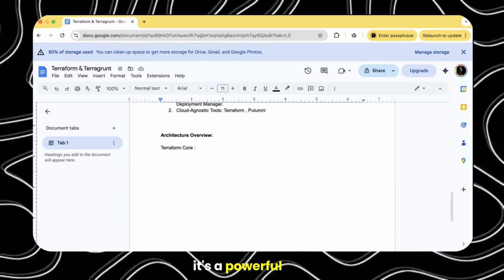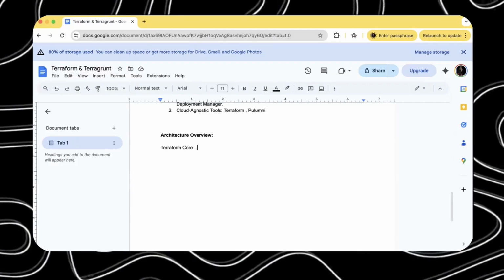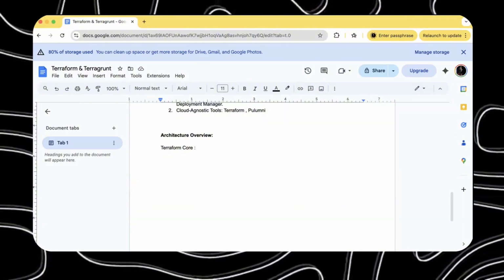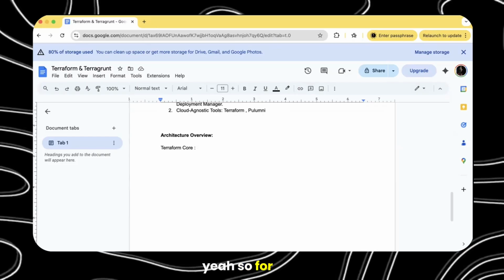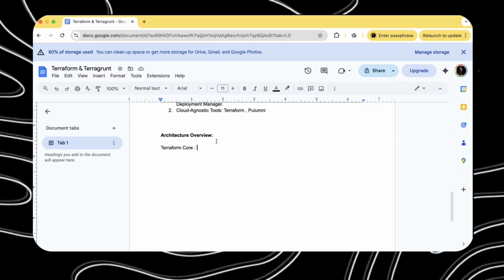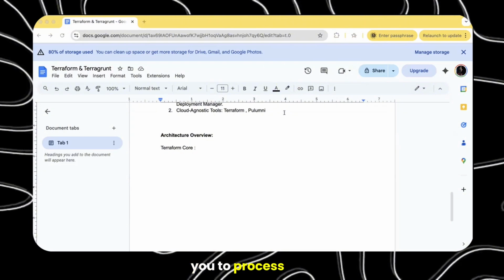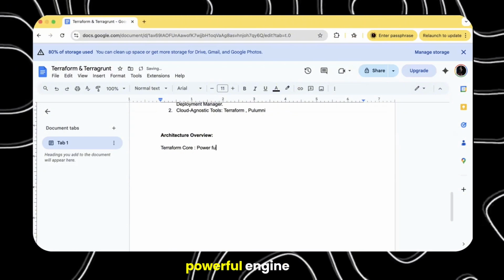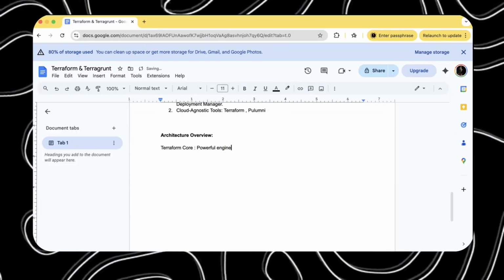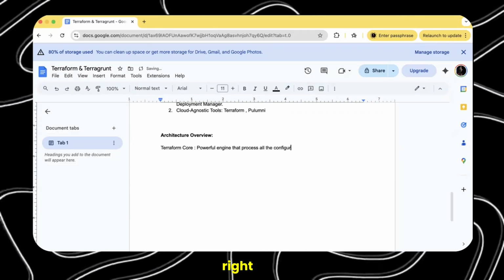So for example, if we talk about it, it is an engine which will help you to process all the configuration files, right?